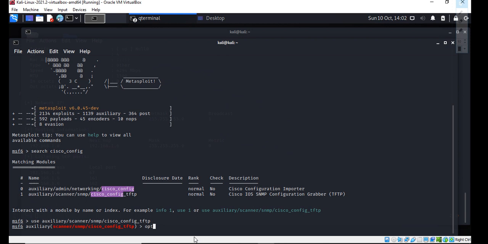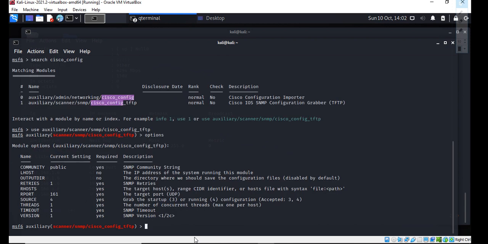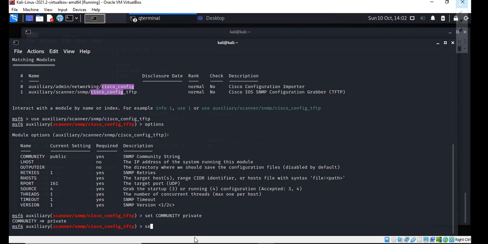Before launching the attack he needs to do some settings here, options. So he needs to set the community name. Let's keep the community name as private, and set the target IP, that will be the RHOST.